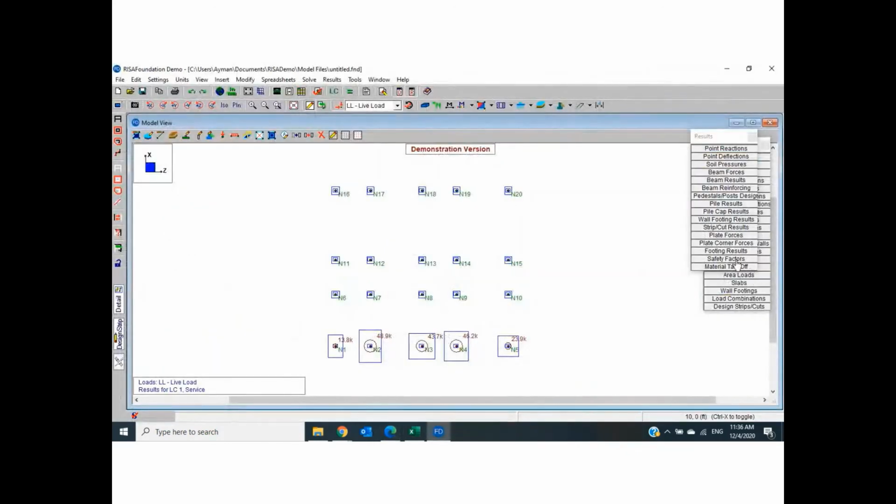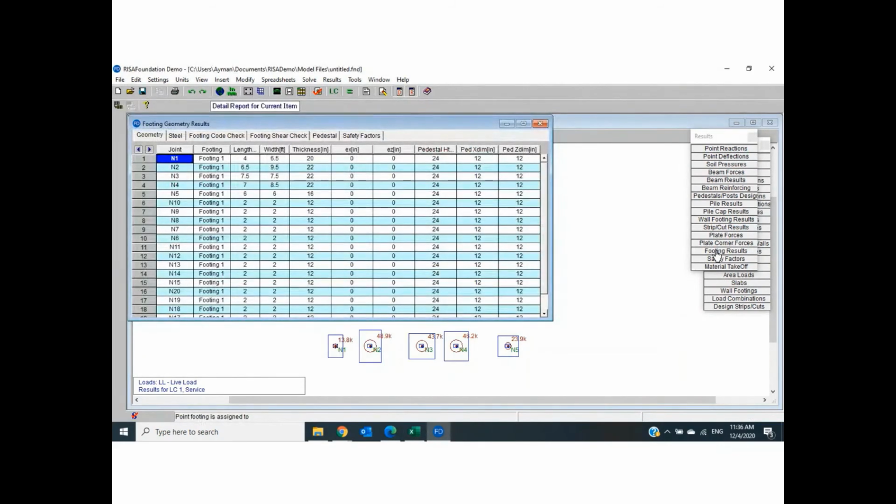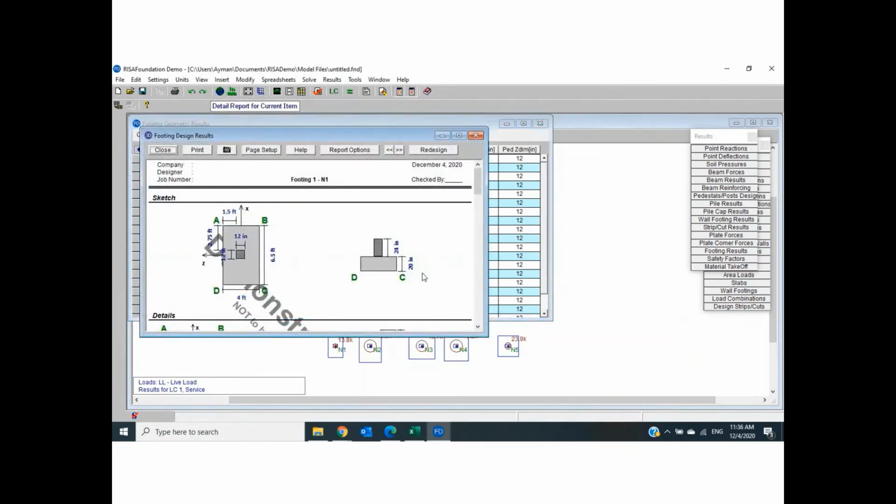Okay. We have something here called footing results. At each node, for example node number 1, the dimension of the footing will be 4 feet length, 6.5 feet width, thickness 20 inch. If you would like to see the details for this footing at node number 1, you can click detail report for current item. It can show you the dimension of the footing